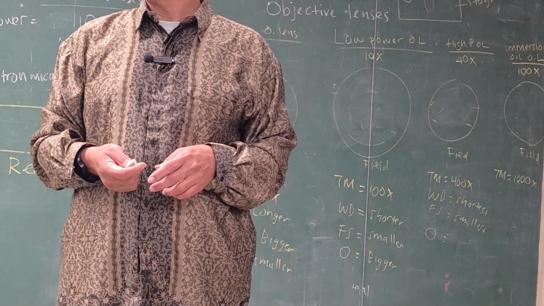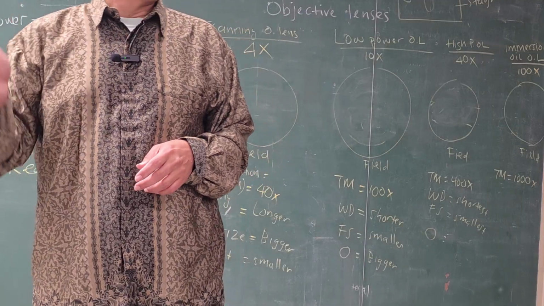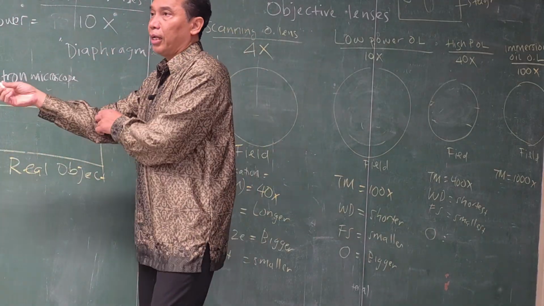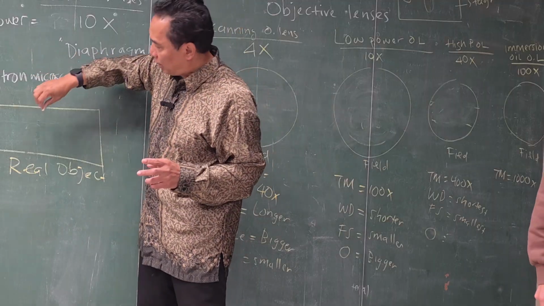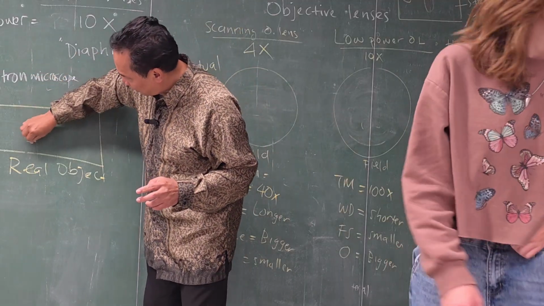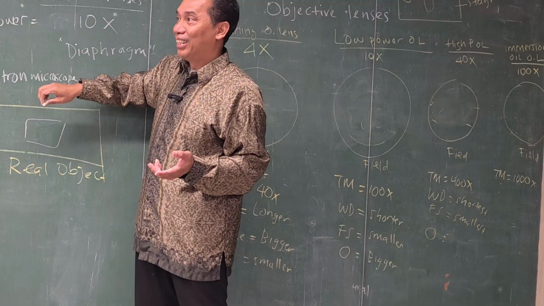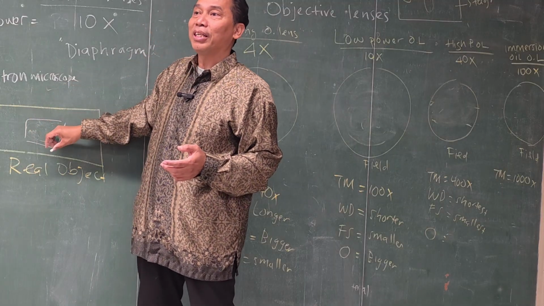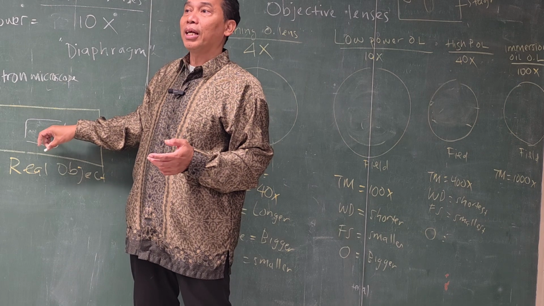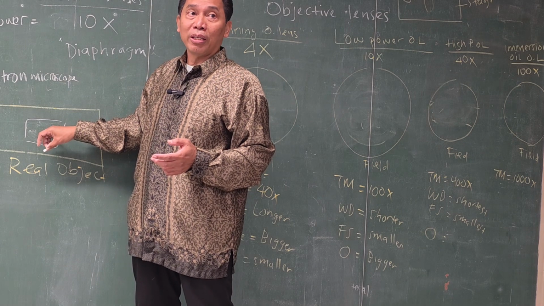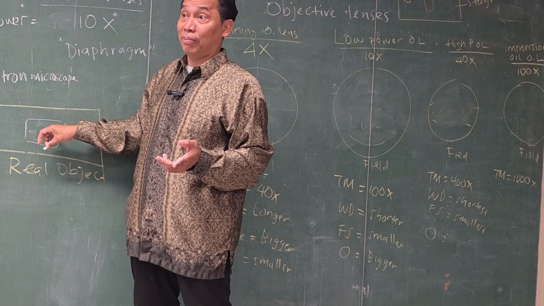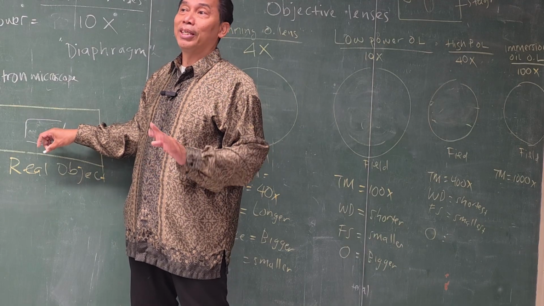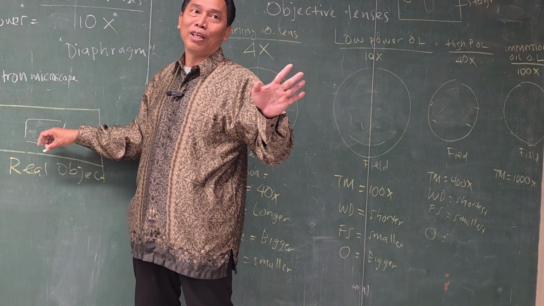Okay, so everybody ready? Before you start, you're going to look at the real object first, with your eyes. What do you see? Nothing, right? It's just an object over here, but you cannot really see them. There are cells over here. Why can't you see them? They are very small. This is the real object, which is a specimen.